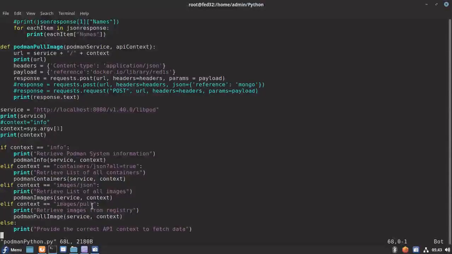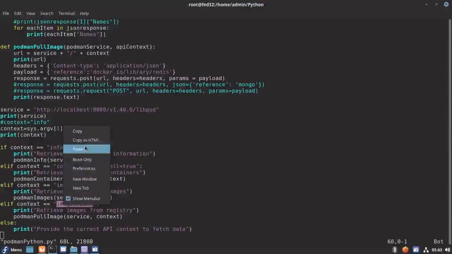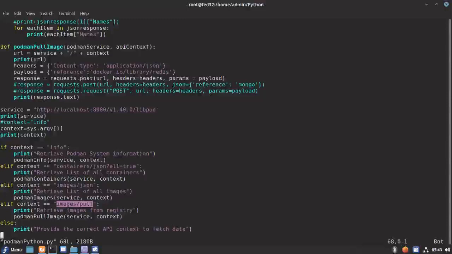Okay. So here to pull an image, we need to pass images/pull as the context root. Okay. So let me show you before I go into the details of the definition of this one.